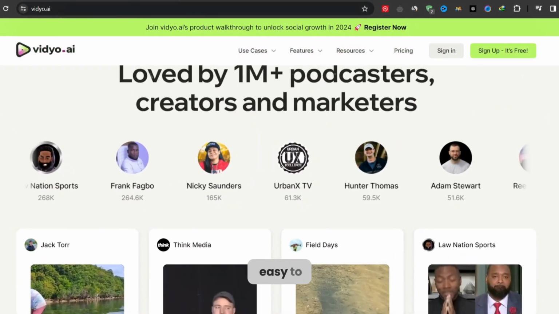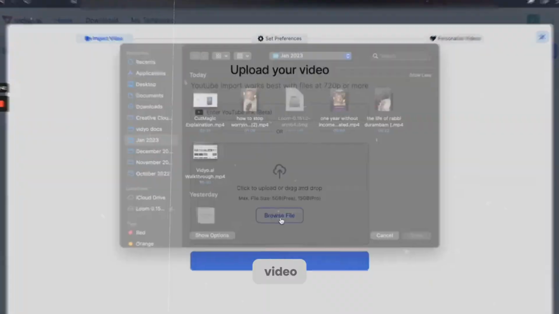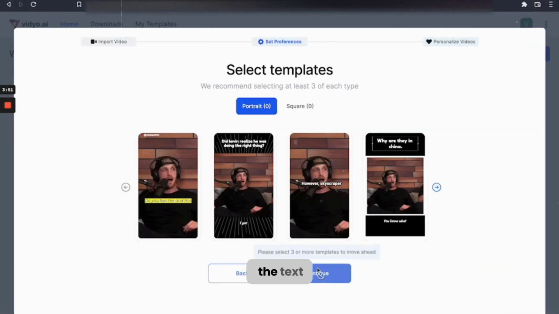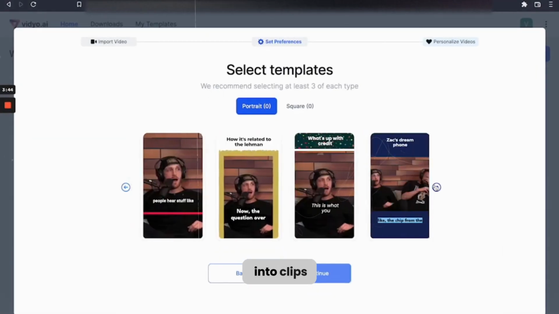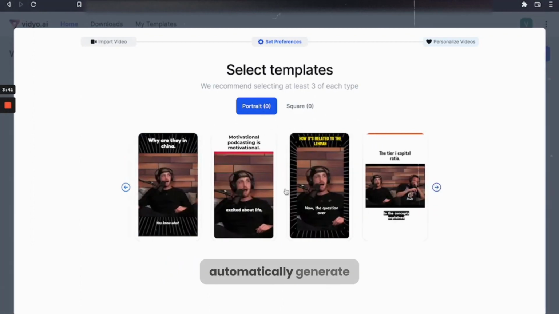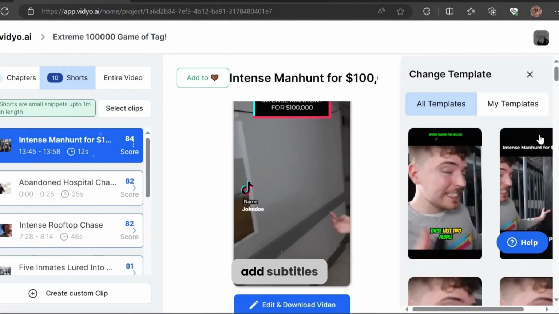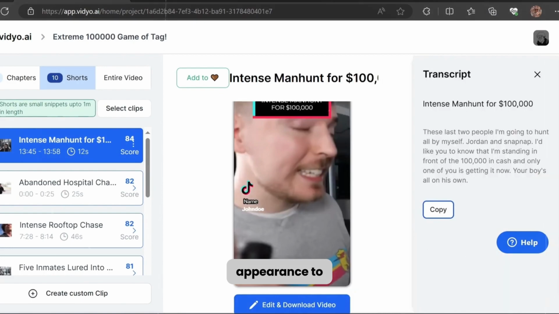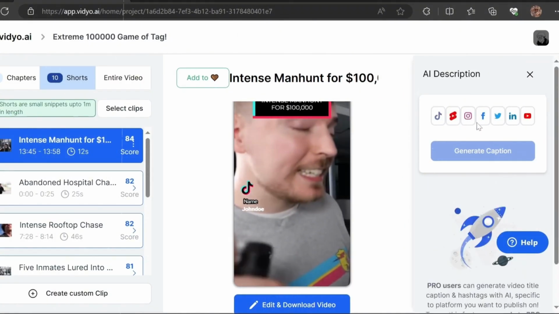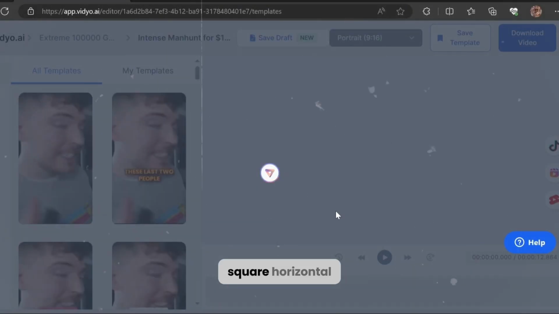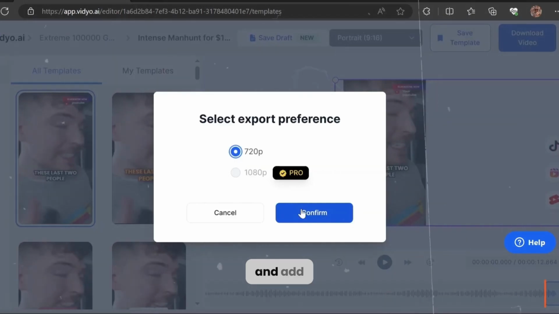Vidyo.ai is super easy to use. You just upload your video, get the transcript, and select the text snippets that you want to turn into clips. Vidyo.ai will automatically generate the clips, add subtitles, and customize the appearance to match your brand. You can also choose the format of your clips, whether it's square, horizontal, or vertical, and add a catchy title